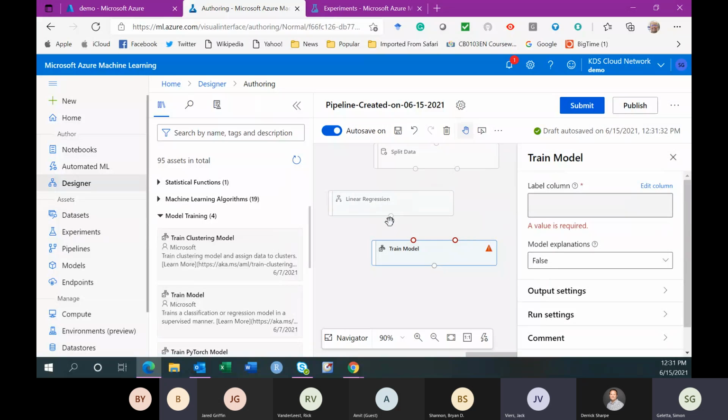Oh, sorry. I'll put the model algorithm to the left, and then take the left-hand side of the data and connect it to here. Okay, so that would make my training model.